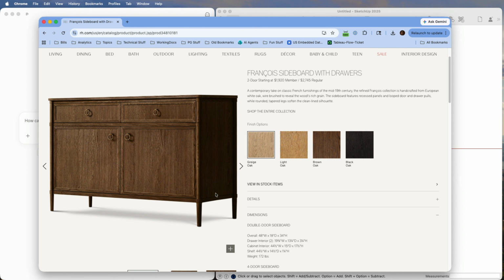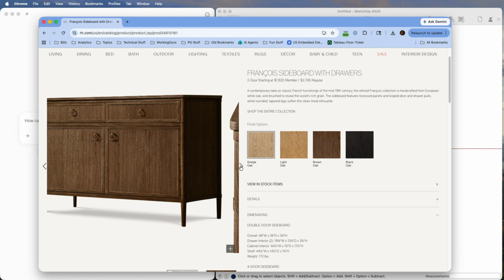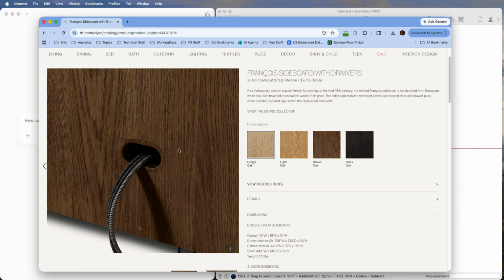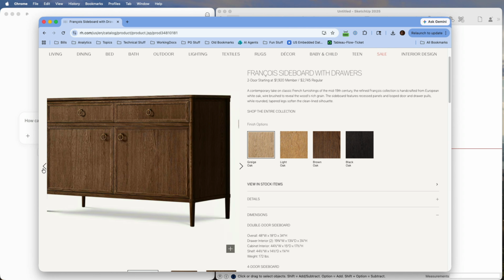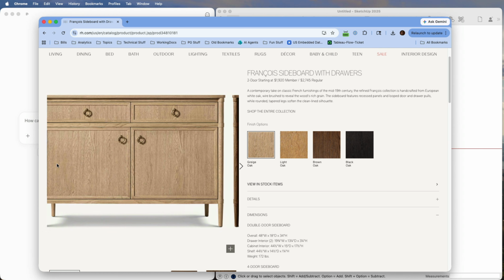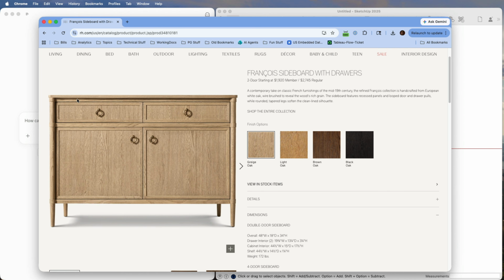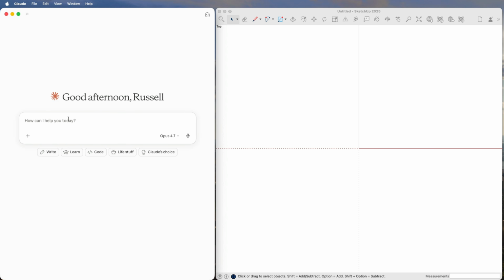I'm assuming there's a panel inset inside these two sets of stiles, but without having a real clear image, it's just hard to tell. But really, again, not so concerned with that. What I want to try to do is figure out what's the best workflow to get to a 3D model that captures his face as accurately as possible. So let's get started. We'll start off in a similar way, read the HTML for the Francois